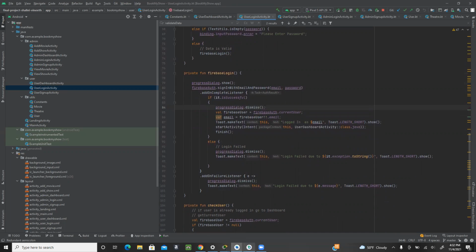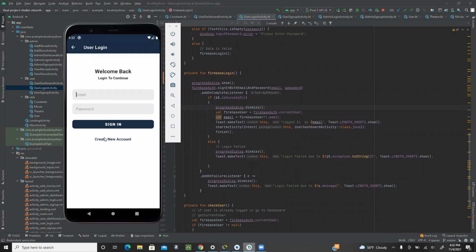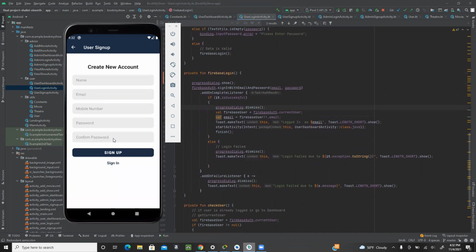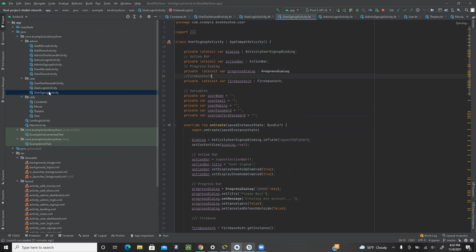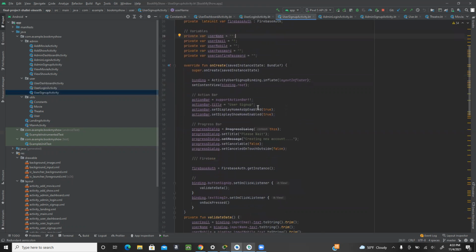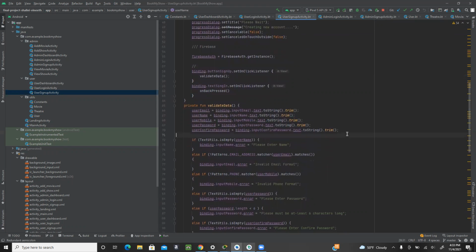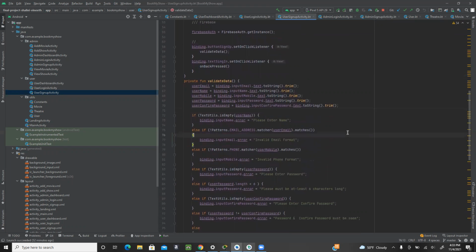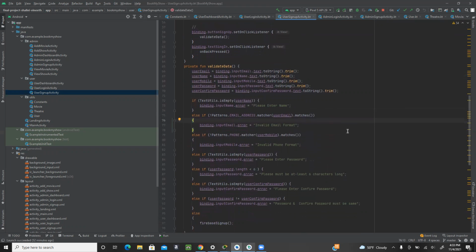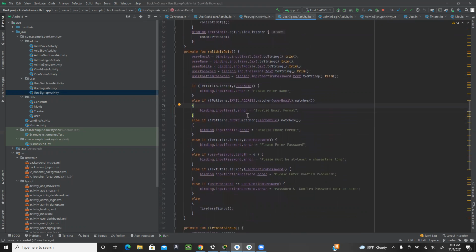If a user does not have an account, he can go to create new account and sign up. For that, we have name, email, mobile number, password, and confirm password. As you can see in the code, we can enter the values, and after that it validates the data, using the same procedure as before. For the email, we have the patterns; if the pattern does not match, it will throw the error.